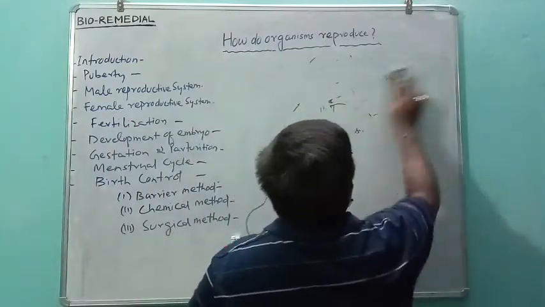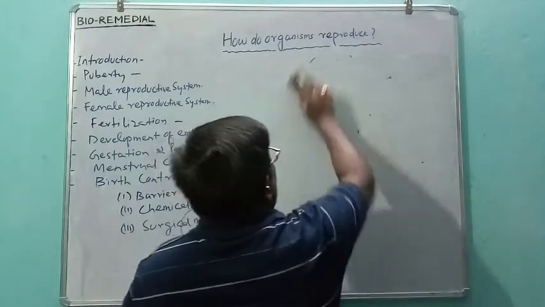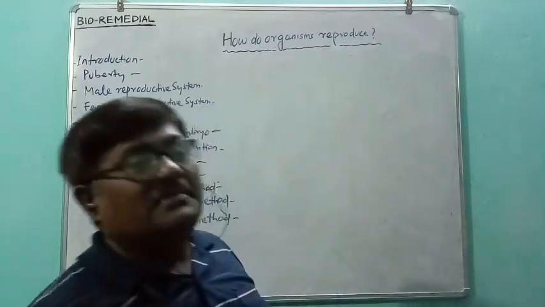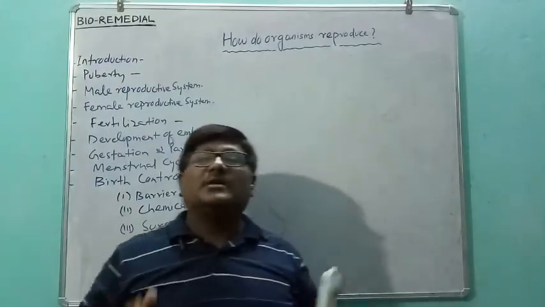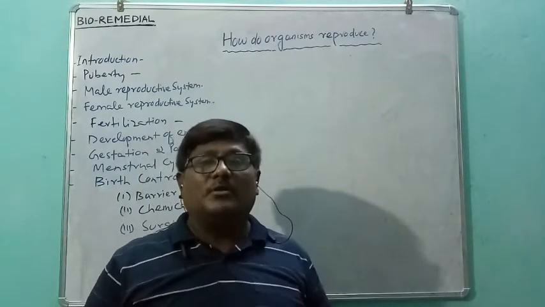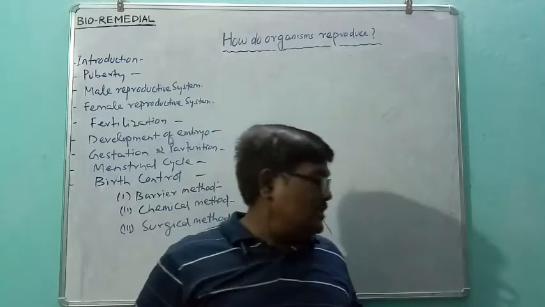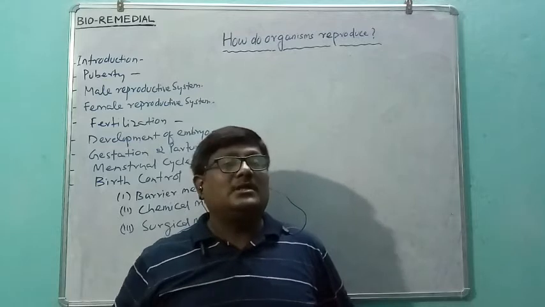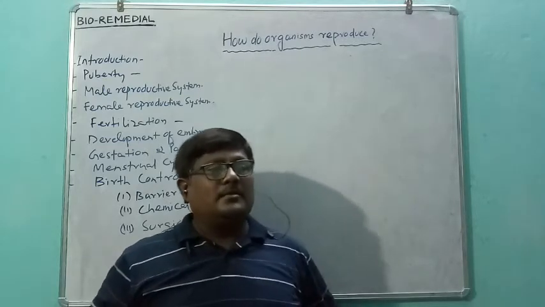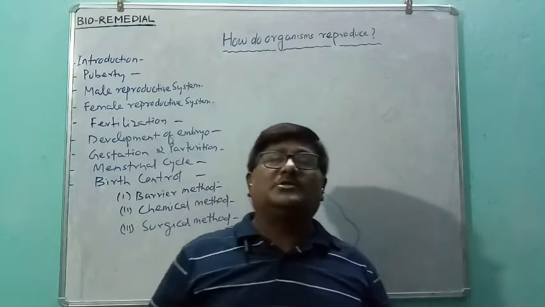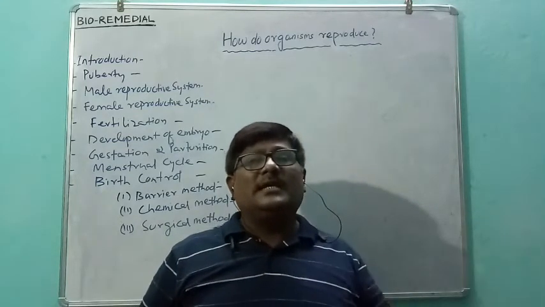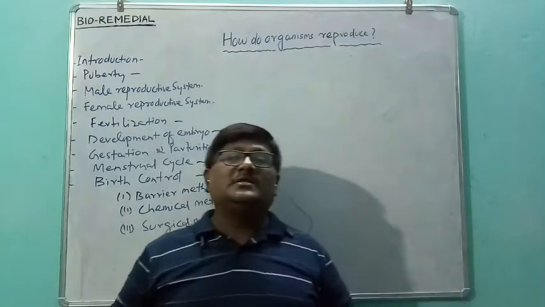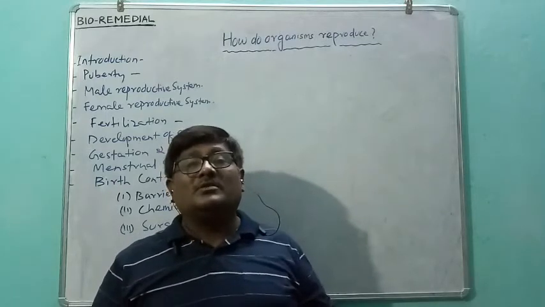when we look at the female reproductive system, we will understand one more thing: the testis in males is actually located outside the abdominal cavity of the human body. A question may be asked, why is the testis located outside the body? The reason is the temperature required for the formation of sperms inside the testis is a little lower than the human body temperature. That is the reason the testis is designed to be outside the body, so that